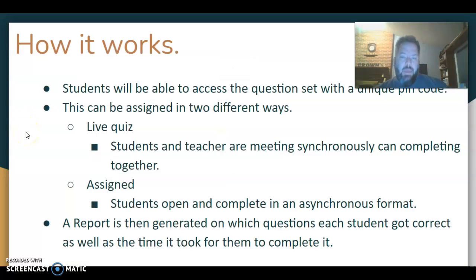To continue, students will be able to access the questions with a unique PIN code. This can be assigned in two different ways, either a live quiz as you're doing it synchronously in front of the class, or you could assign it asynchronously and have the kids complete it on their own time through whatever learning platform that you're using. A report is then generated for the teacher to look at and for the students to kind of get feedback of where they're at. And you can kind of use that information to see where your students need to